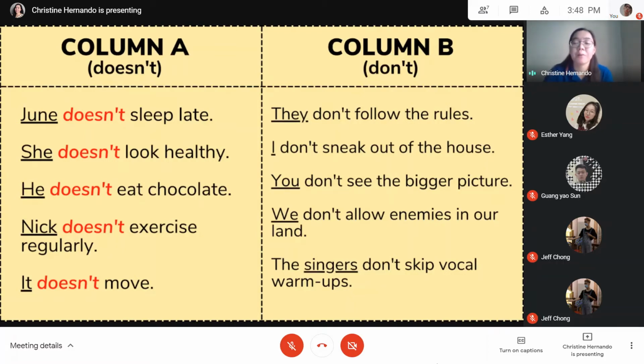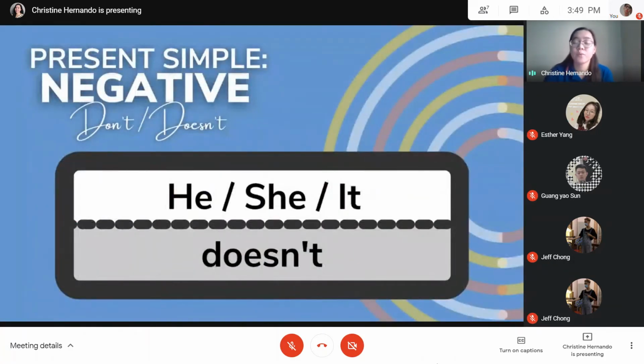We have plural subjects, just like the singers, and also the plural pronouns we and they. And also we have the first person singular I, and also the second person singular pronoun you. Jeff is also correct that these subjects are immediately followed by the auxiliary verb. So, from our observations from column A and column B, we can infer the rules on the use of the word doesn't